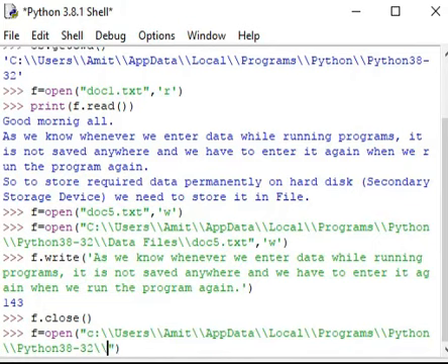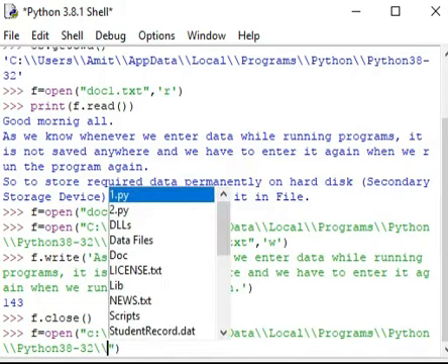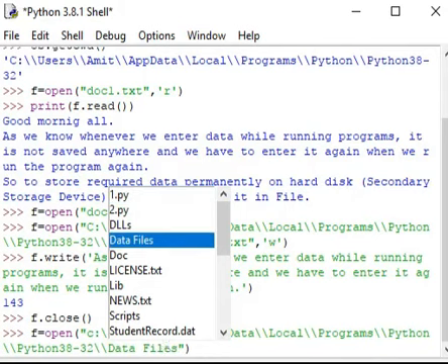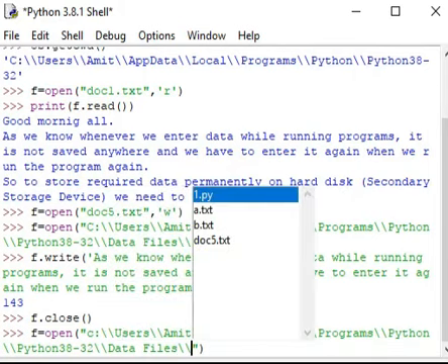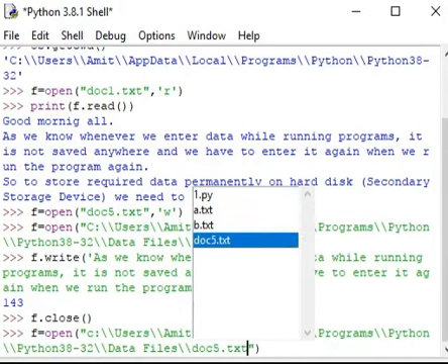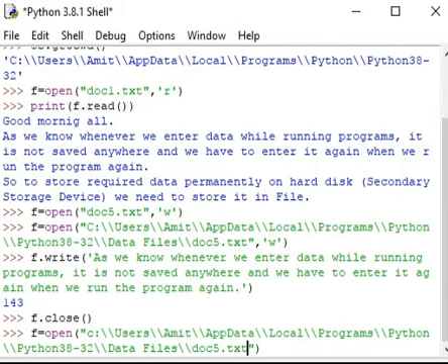Again, I need to write to see the files and directories available here. So we have created data files. Okay, so I'll go in data files. Then here I will see what are the files available here. We know that it's a document file, so here I will come as document file. So this is how you can open any file you want, and you can search anything which is available in that path. And if I do here the mode, I want to only read that thing.